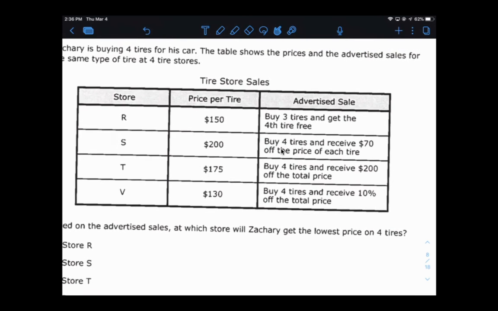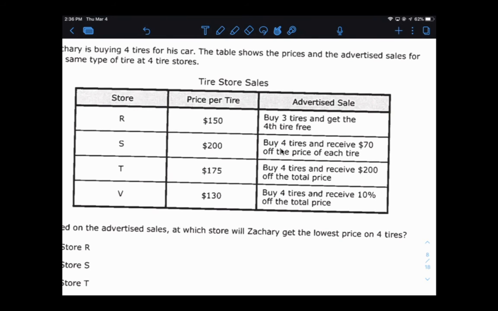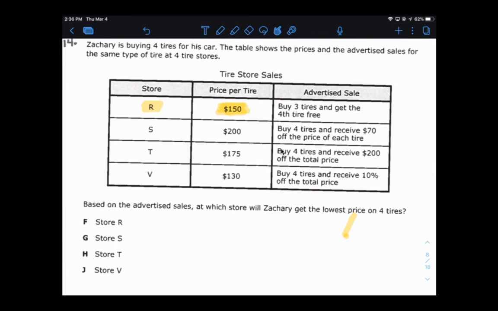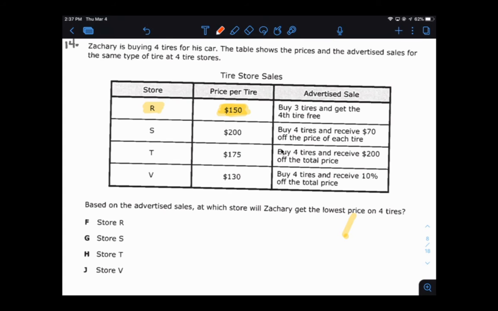It says store R. Each tire costs $150. So I'm looking at this, right? Store R, $150 each tire. And it says buy 3 tires and get the 4th tire free. Oops, I did not read the question, boys and girls. What we're looking for is based on the advertised sales, at which store will Zachary get the lowest price on